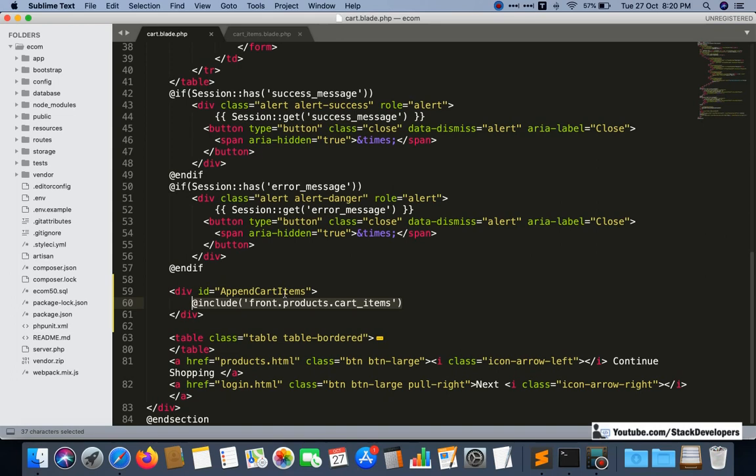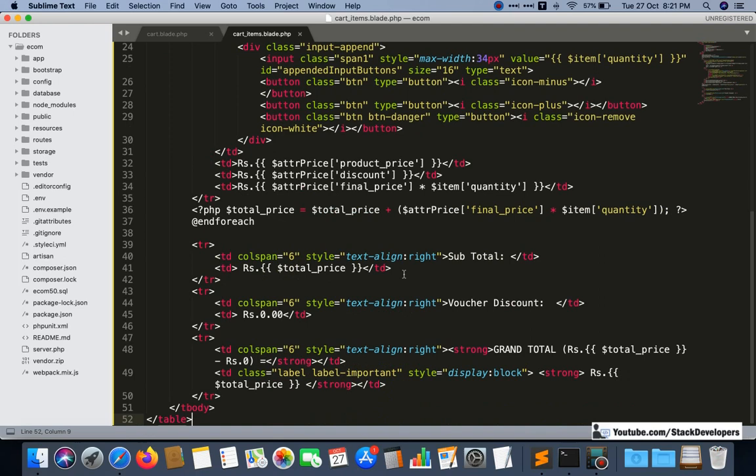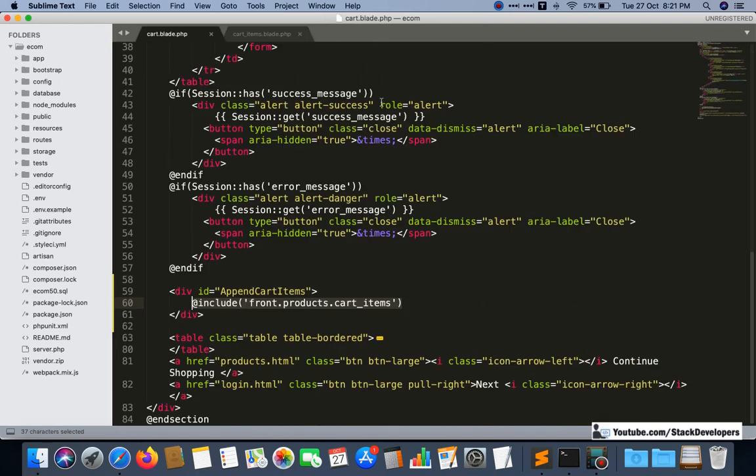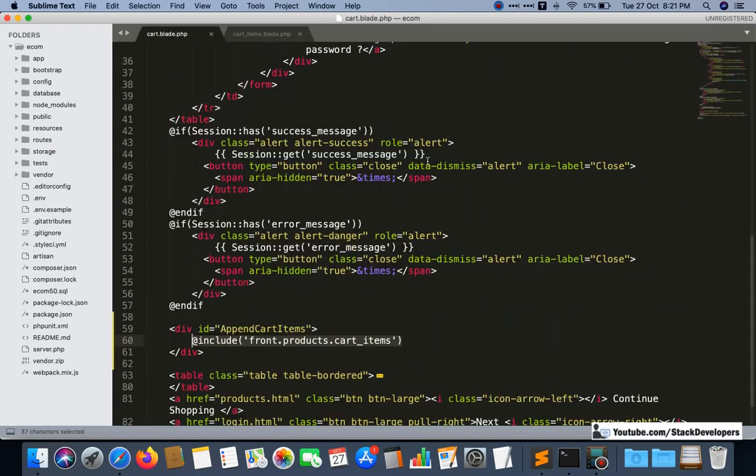Everything we want to do in Ajax, so that page speed will increase and there is no need to load the other things in the page, like header, footer, sidebar. With the help of this ID, append-cart-items, I am going to refresh this part every time. This is the part that is going to refresh only, and the rest of the page will remain fixed.